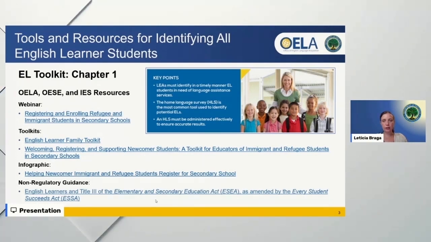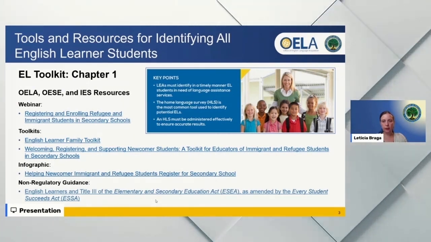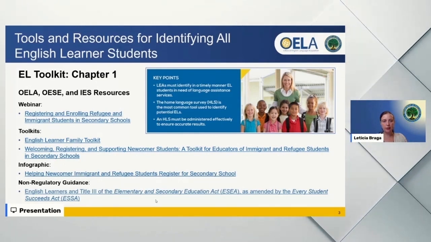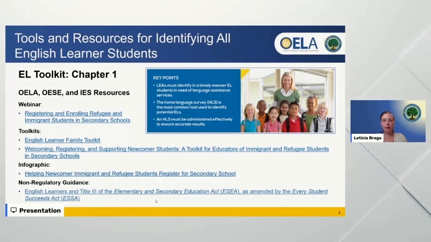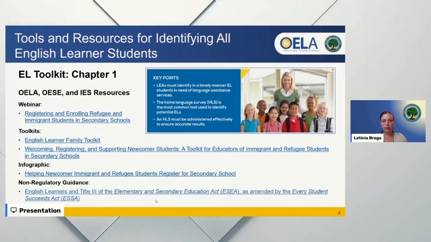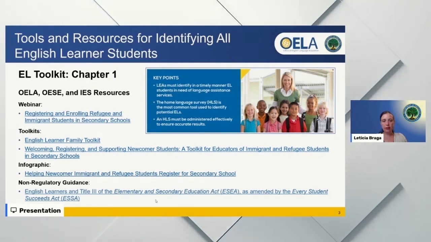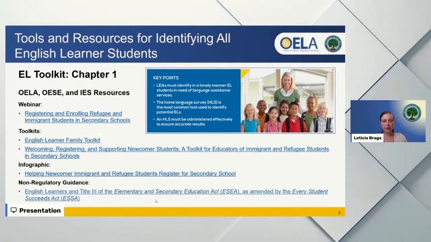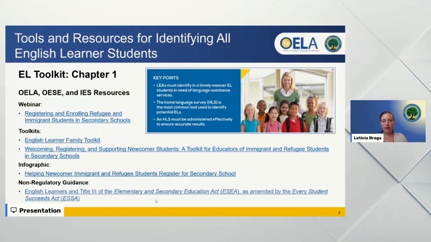Teachers and school counselors who direct and work in newcomer programs can use this toolkit to adopt research-based practices to support newcomer immigrant and refugee students and their families. Along with the IES toolkit, the infographic on helping newcomer immigrant and refugee students register for secondary school provides clear and comprehensive guidance for secondary school registration processes that can ensure newcomer immigrant and refugee students receive appropriate supports, credits,